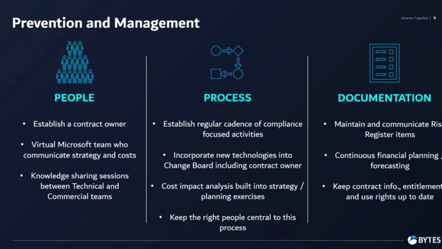Keeping contract information, entitlement and use rights up to date. If there is a change for the better, then great, let's communicate. Might not represent a risk now, but represents a risk potentially at the end of the contract. Let's look at calling that out now. Are there any mitigating factors or measures that we can implement now to make sure that that risk is reduced somewhat towards the end of the contract?